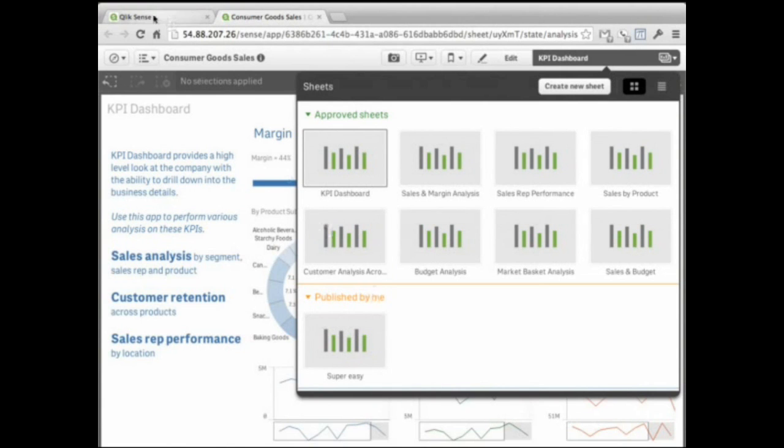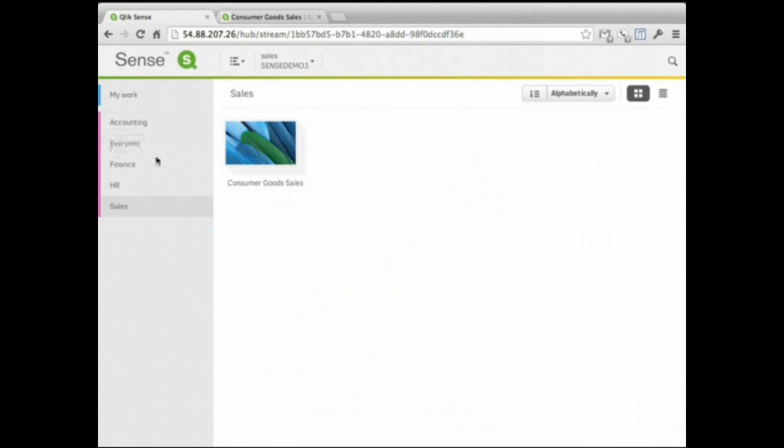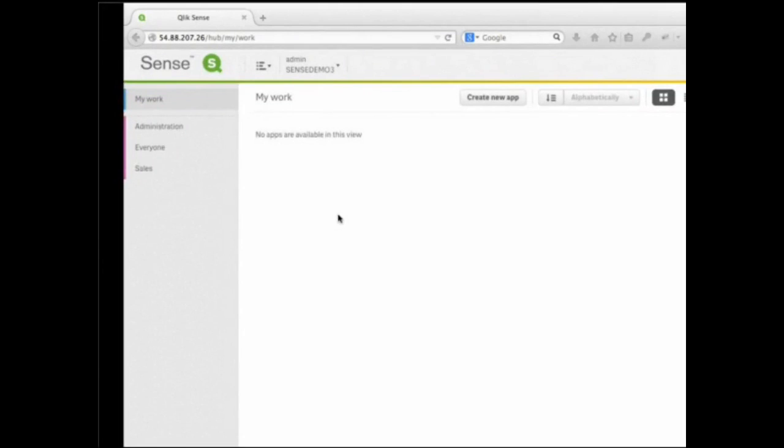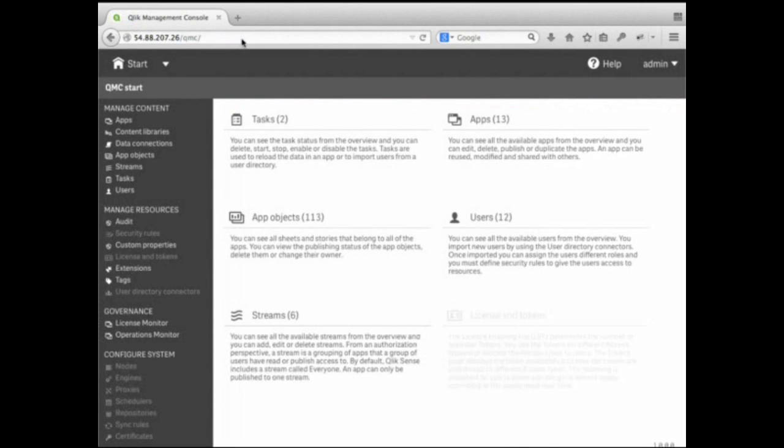Now when we began this demo, we showed you all of these different streams. Let me show you how we create these streams and how we can add governance and manageability to that. Here we're on the Qlik Management Console, and this gives me an overview of all of the capabilities I have to manage the system. Now I've logged in as a content administrator user, and what's important about this is that